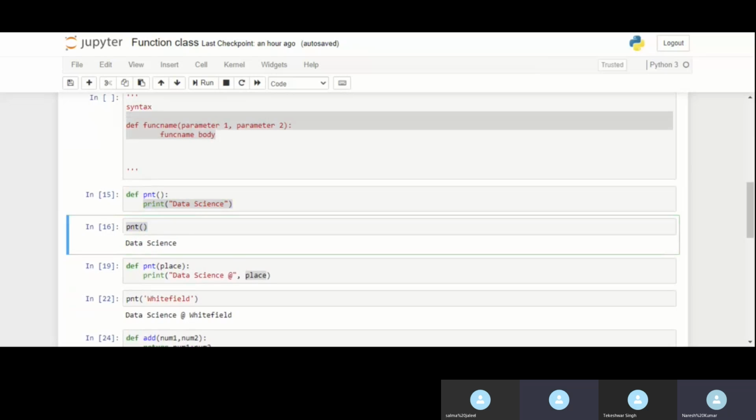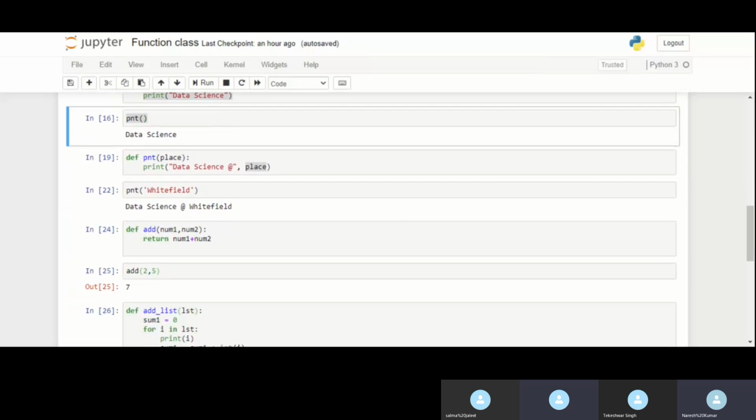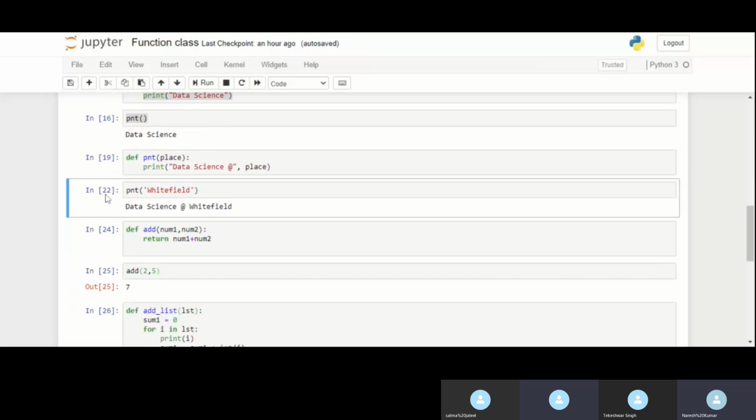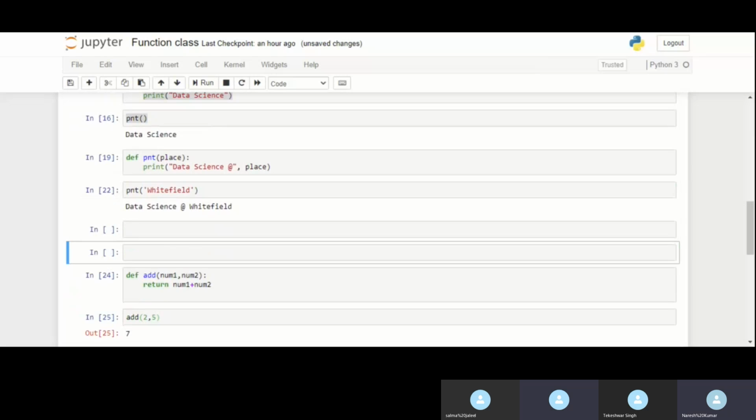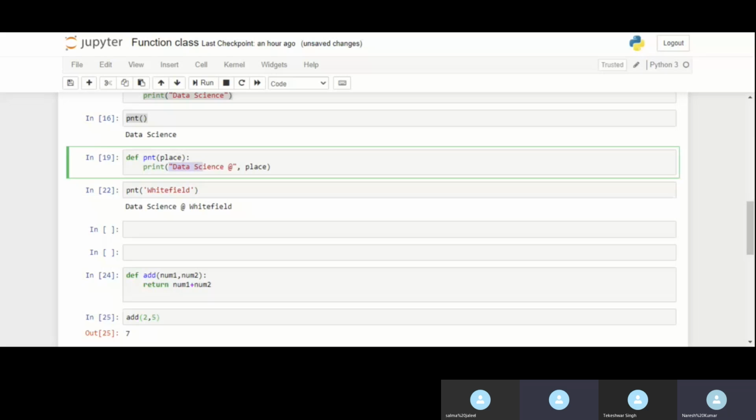Now what I am doing, I am passing a parameter to this function. What is that parameter? That is a place. It can be anything. Now if a person wants to see data science at which location, for example, he just has to call this function and pass one parameter.